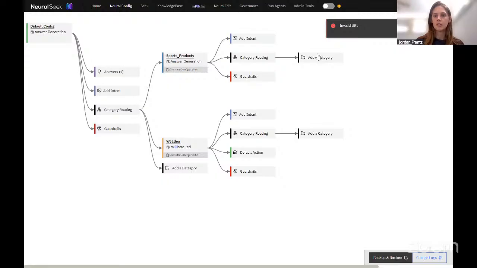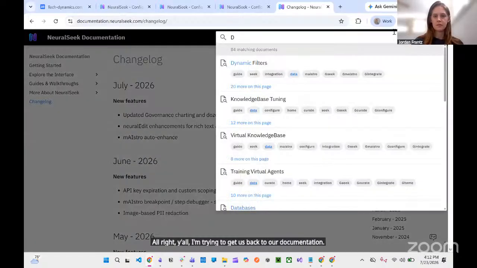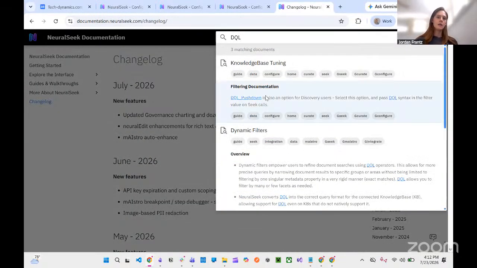Oops, let me hide my floating meeting controls here. All right, y'all, I'm trying to get us back to our documentation. I'm coming over to